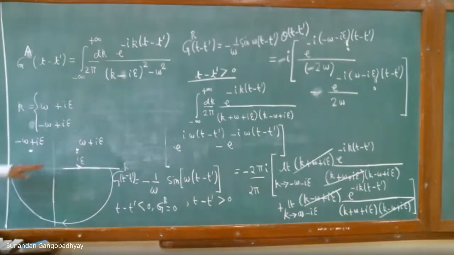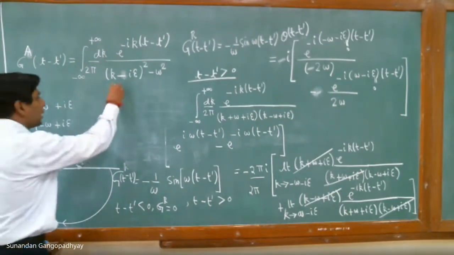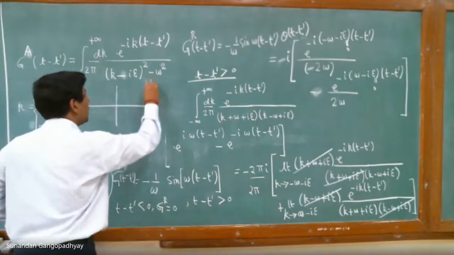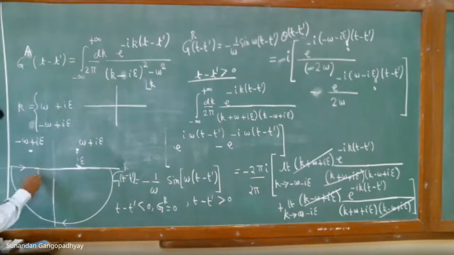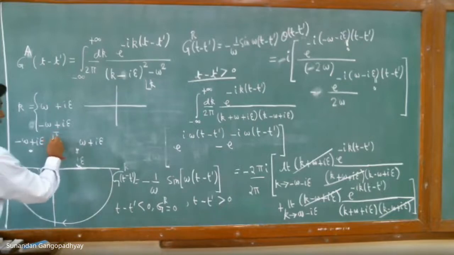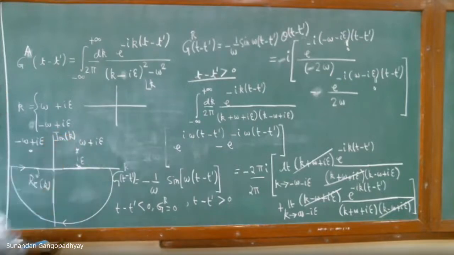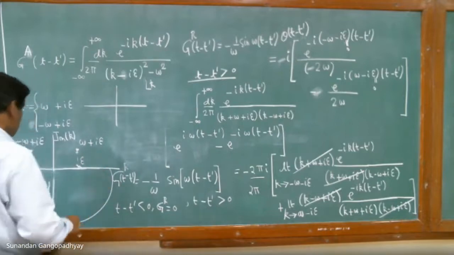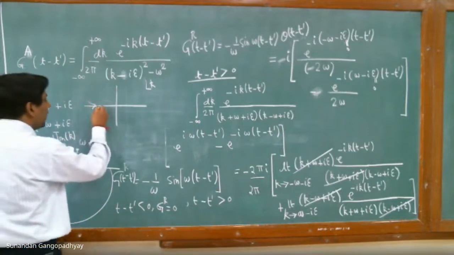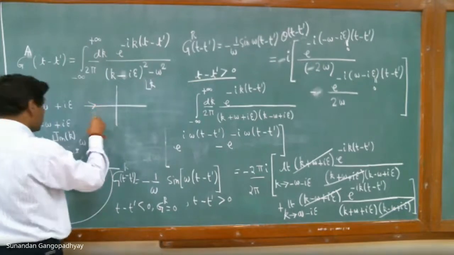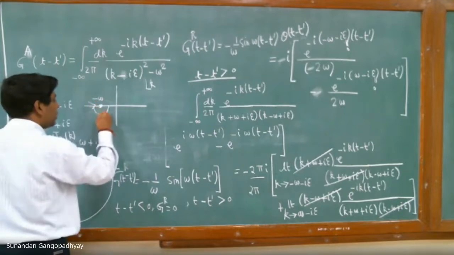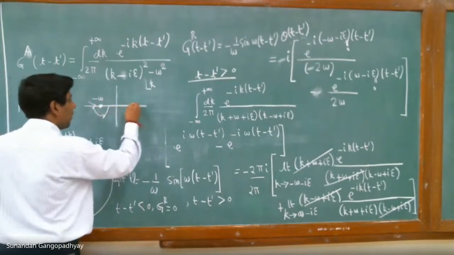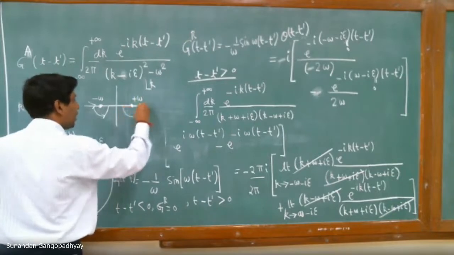Okay? So both the poles are pushed upwards, and therefore once again, this is equivalent to this contour, this way of going along the real line. This line is, by the way, real of k, and this line is imaginary of k. So this contour is the same as, you can push it down, and therefore it will be like this. If you push it down, this pole will come on this point on the real line, and then you have to avoid this pole in this way, go this way. This is plus omega. Once again, you avoid it in this way.